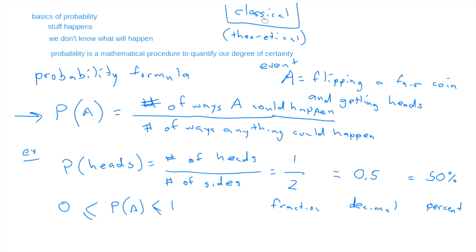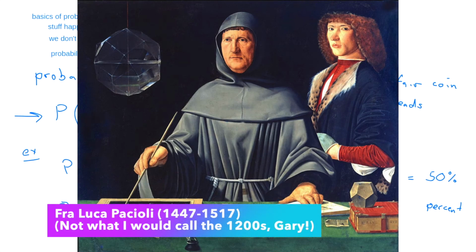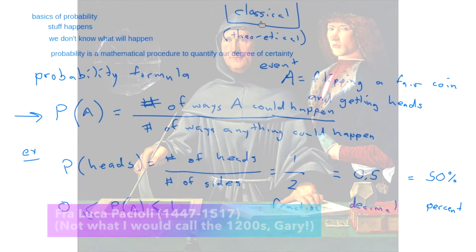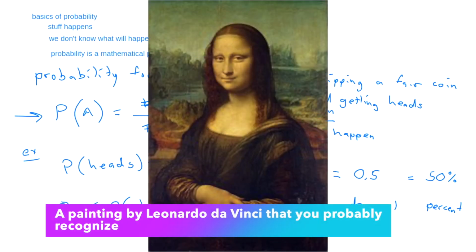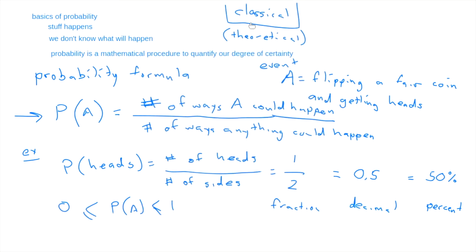This was developed, in its nascent form, I say in the 1200s. Fra Luca Pacioli, I could tell you all kinds of great stories about very interesting personalities. Fra Luca Pacioli is interesting. Well, for one thing, it's fun to say his name. You've never heard of him. You might have heard of his roommate. He shared an apartment with a guy, Leonardo da Vinci. So maybe you've heard of him. So this is the kind of circles that Fra Luca Pacioli used to run in. People like that. He was important.